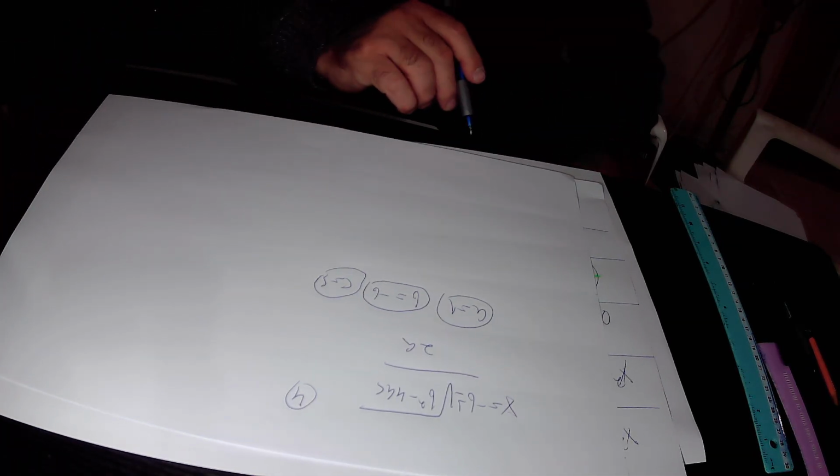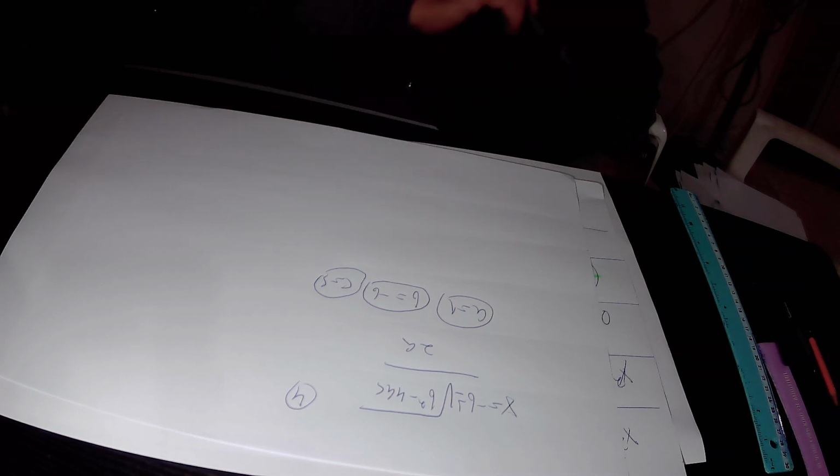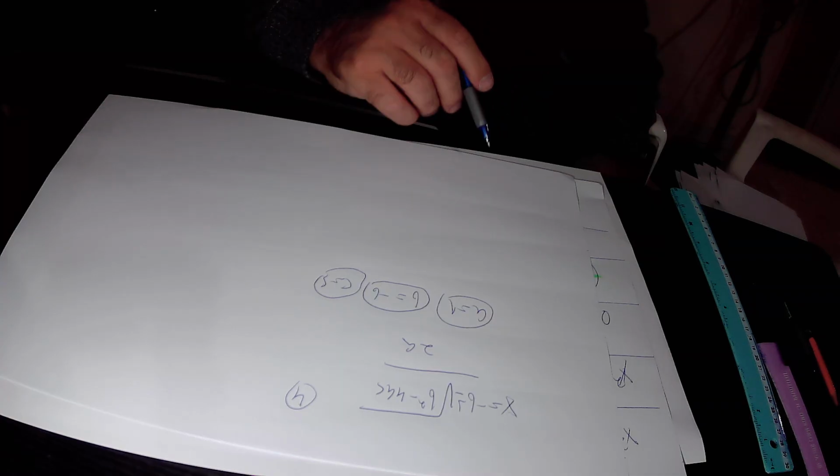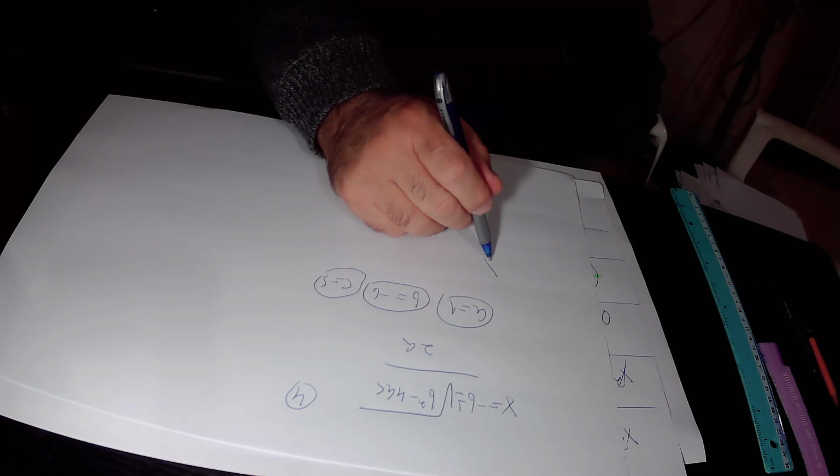So we put the data of our specific quadratic equation inside this general formula, and we get that x, the radius of the semicircle, equals